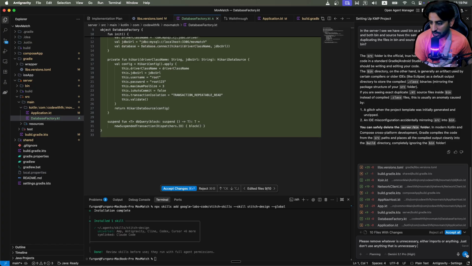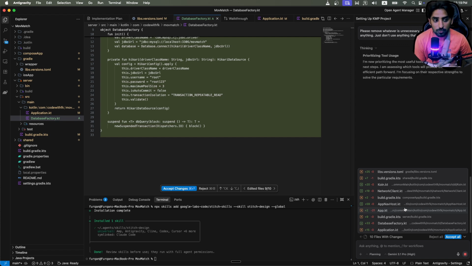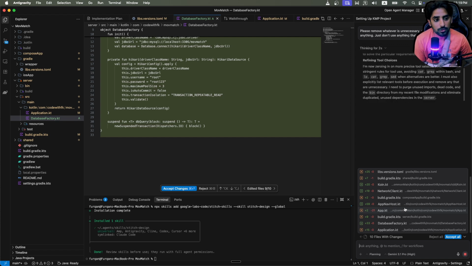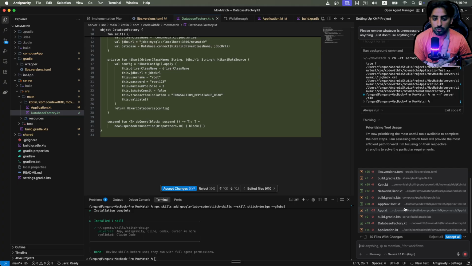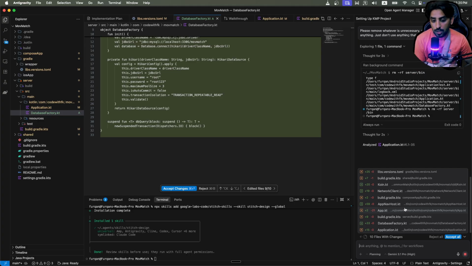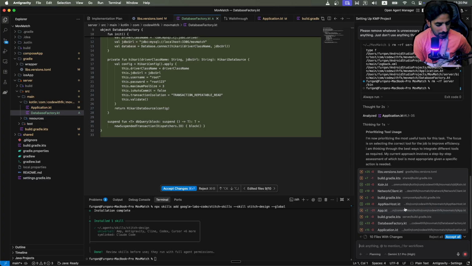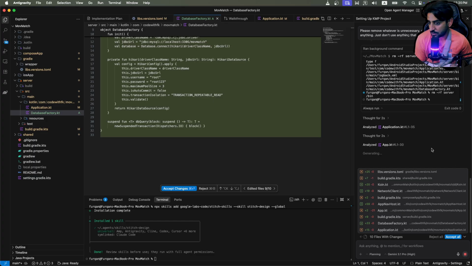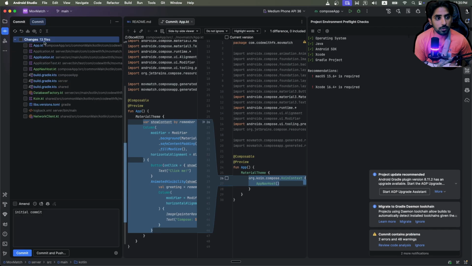And now basically we have asked it to remove anything unnecessary, either imports or anything. Now it will remove the bin folder for us as well, and also get rid of any imports or anything that was added extra. So now this is how you can go with the AI and make sure that it doesn't add anything wrong, or mess up while building. And since this first step is done and we have everything working, what you can do is